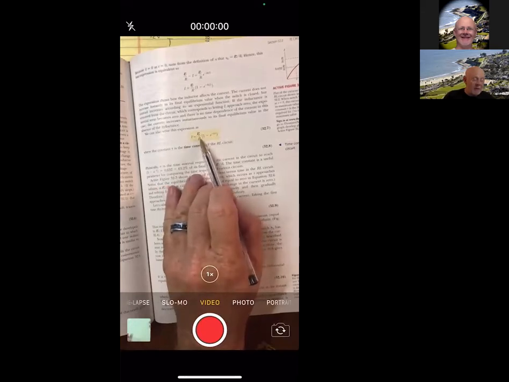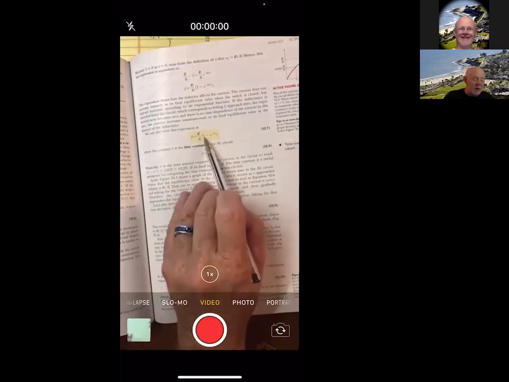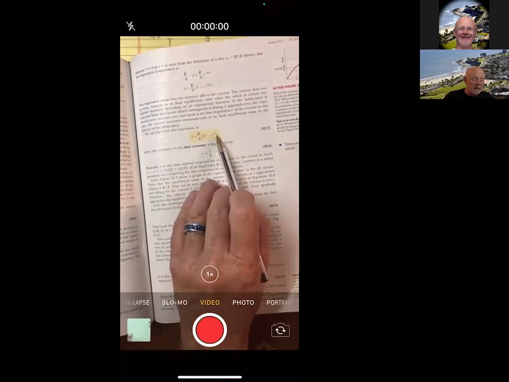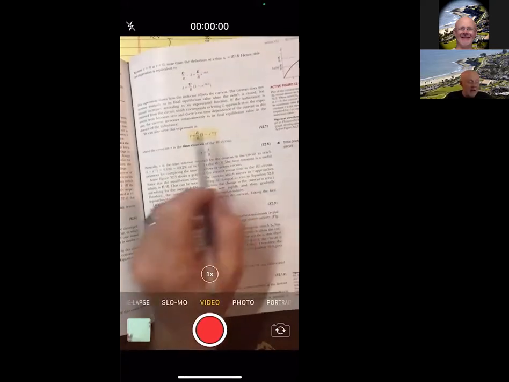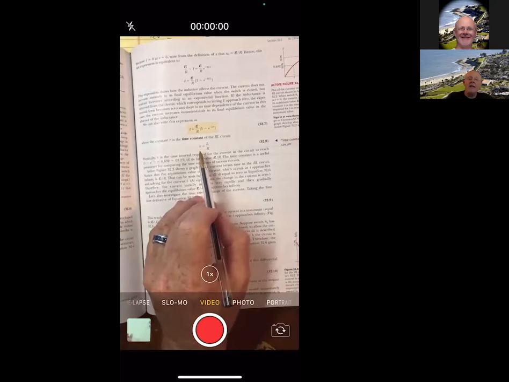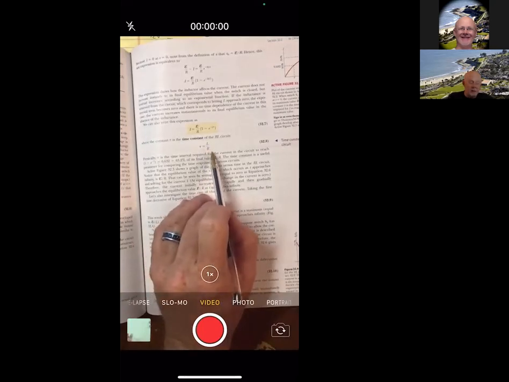They got the EMF over the resistance. That's the maximum current. I probably should have written it the way they did, and then 1 minus e to the minus t over tau. It's nice to write it that way because it looks like the same pattern we had for capacitors. Now, the tau is the time constant, and it is the inductance over the resistance,